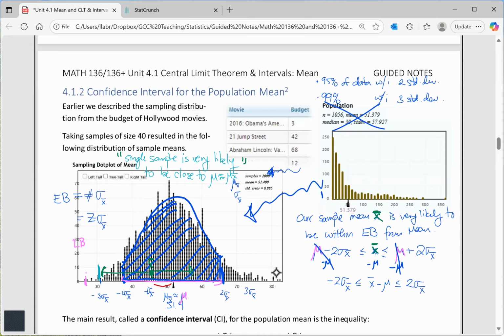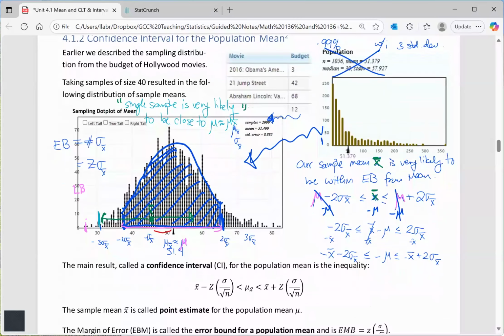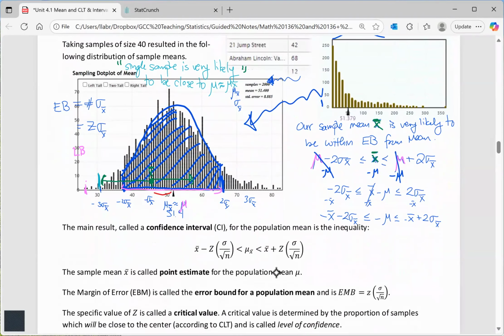And then what I'm going to do is subtract X bar through here. So do the same thing, subtract X bar. And that gives you negative X bar minus 2 sigma of X bar is less than or equal to minus mu less than or equal to minus X bar plus 2 sigma of X bar. And then I'm going to eliminate the minus here, so multiply throughout by -1. You have to recall that if you multiply through by -1, the inequality signs change. So if I go ahead and do that,